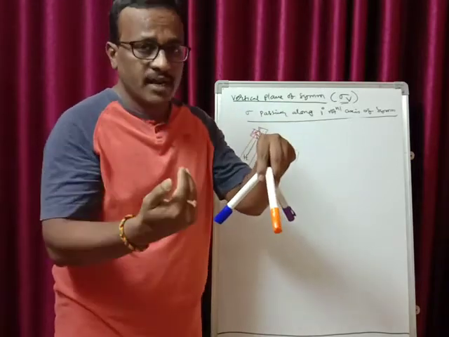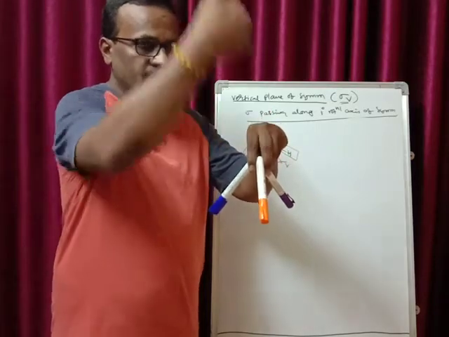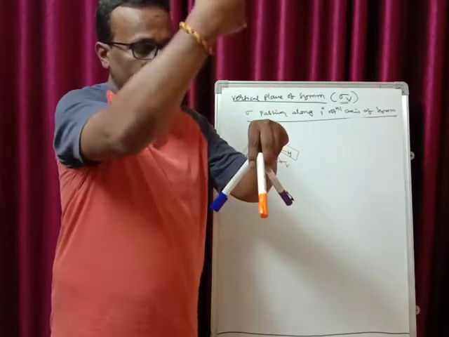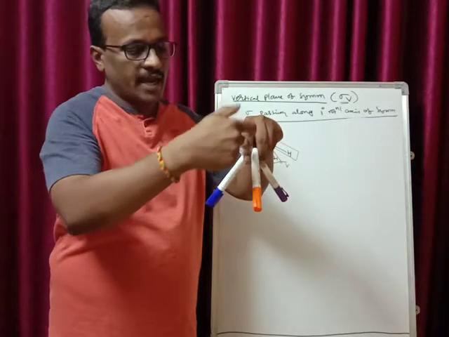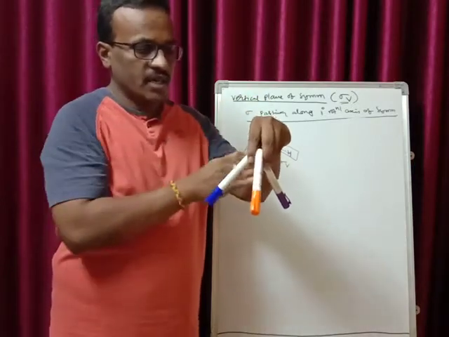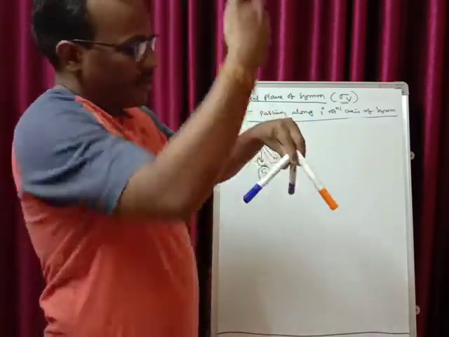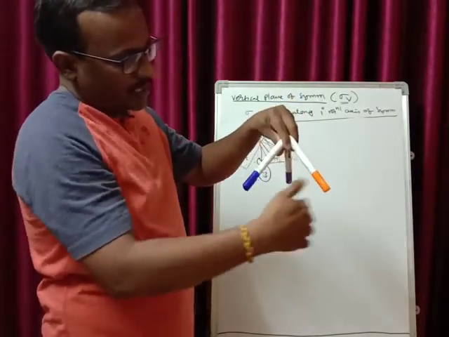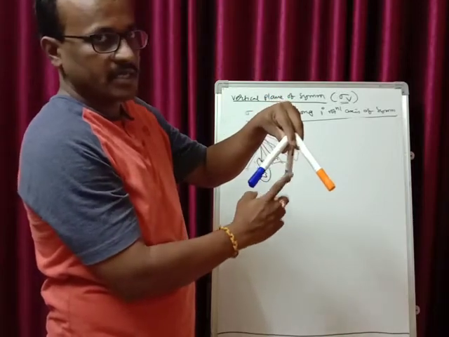Now coming to the plane of symmetry, the plane is passing along your principal axis. That means you are bisecting, you are cutting this molecule from top to bottom like this. When you are cutting this molecule from top to bottom, you are cutting along the NH bond, such that you get the two equal halves. This is a front view, whereas if you see the rear view, if I cut the molecule from top to bottom, the plane is passing in between these two atoms and it also touches the center of this NH bond.